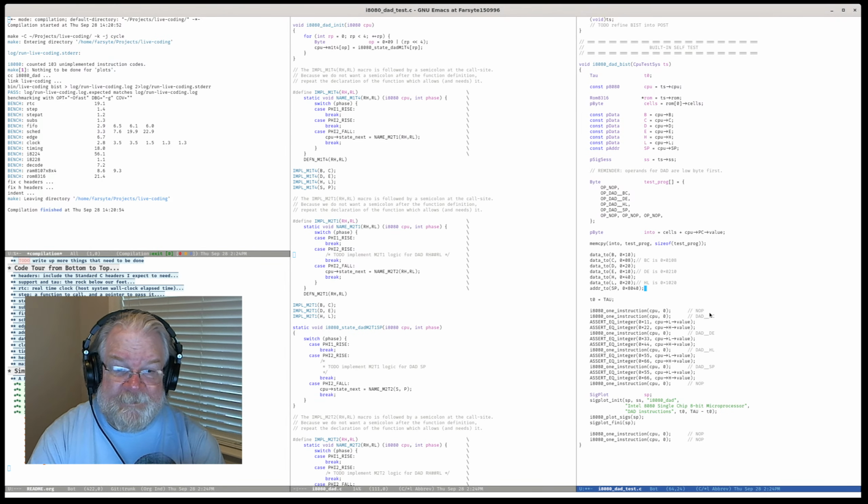When I do DAD SP, I want it to get the carry out. So each one of these, as I DAD it in, is going to accumulate things forward, so these all add up to what I want.